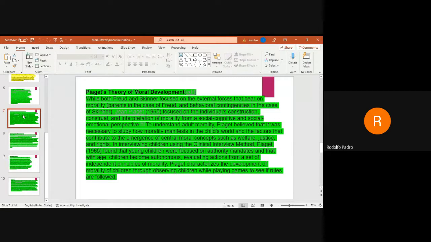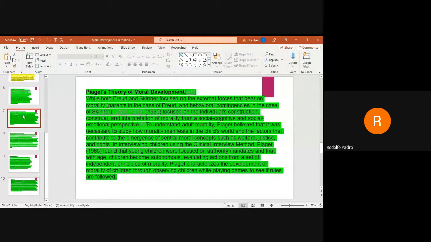So, that is coming from the mandates of someone else who is older than them. And with that, the child gets an idea that the world is actually governed by what we call rules. We also have the later part, when that particular child grows up, and that's the time that he becomes autonomous,